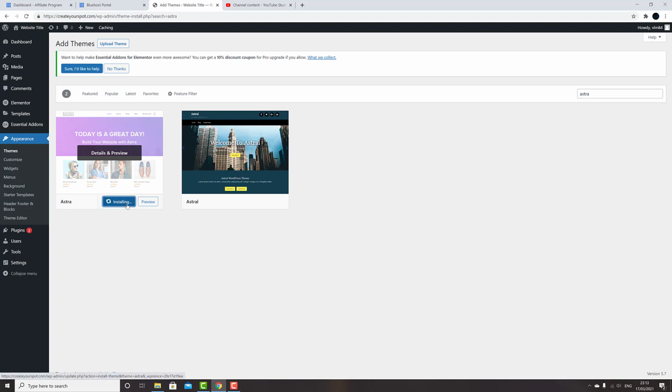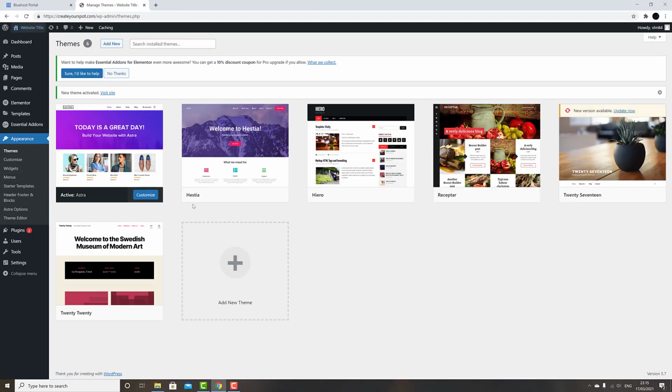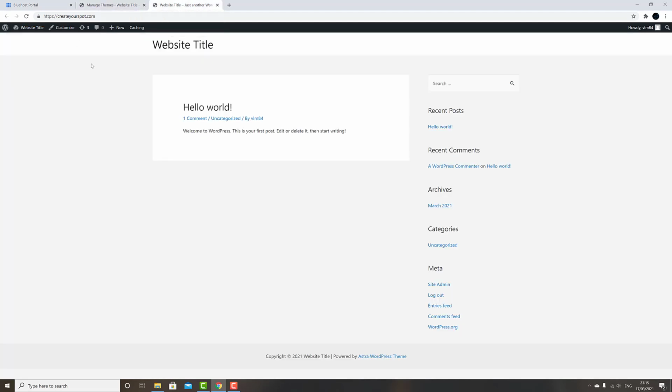Click Install. Once installed, click Activate. Once activated, you can open your website, and what I normally do, I open the website in a new tab. That way you can apply any customization within the dashboard and then view it live on your website just by refreshing the page. If you go to your website now, as you can see, the new theme has been applied,